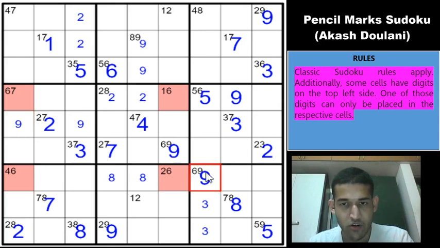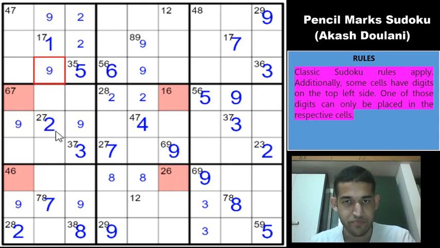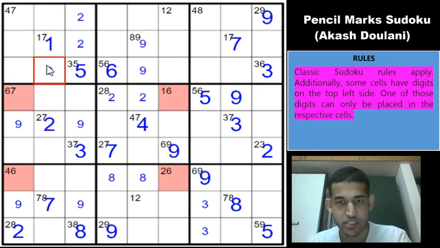Okay, there is a 9 in row 7 and row 9, which means that 9 must go into one of these two cells. Now if you look closely, in columns 1 and 3 we have restricted the 9 to these two cells, right? So which means that both of these cells in boxes 4 and 7 can't contain a 9. So for column 2 you have only two options for the 9, either row 1 column 2 or row 3 column 2. But you have a 9 in row 1, so which means this is not a 9. So this will be a 9, and that gives the 9 here.